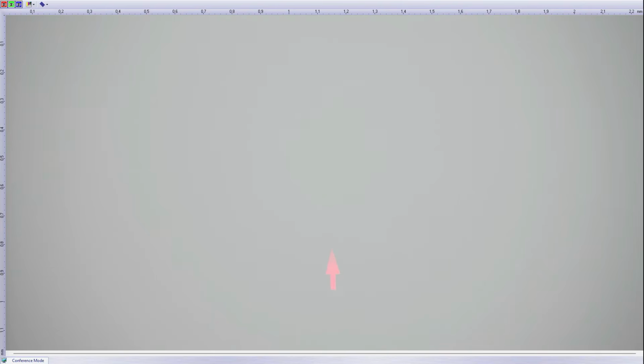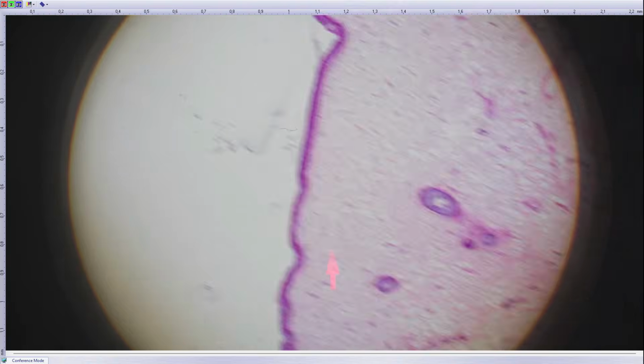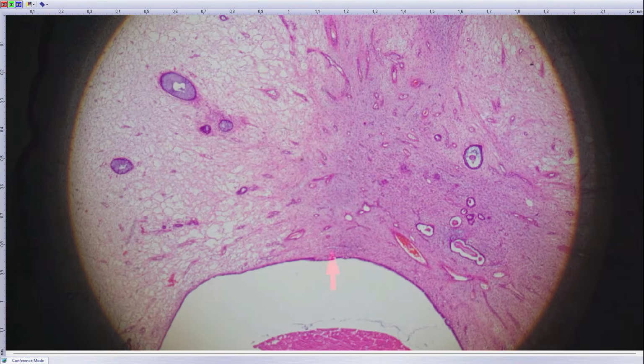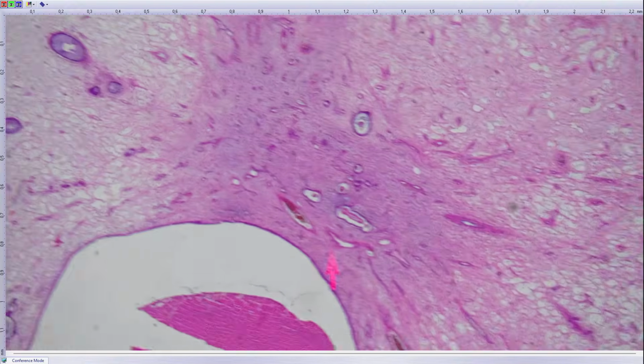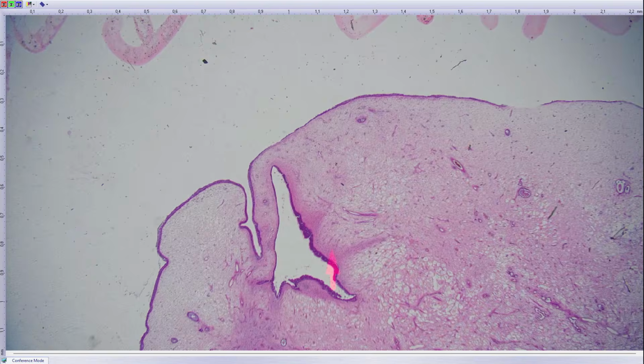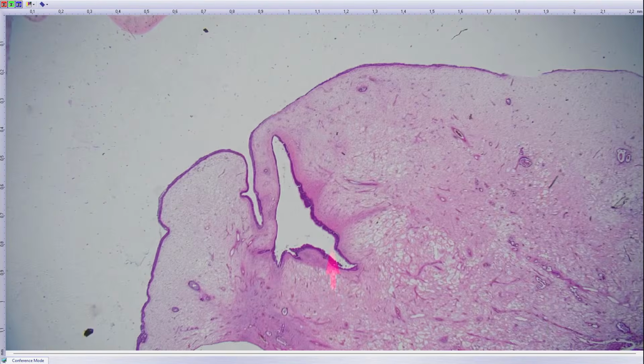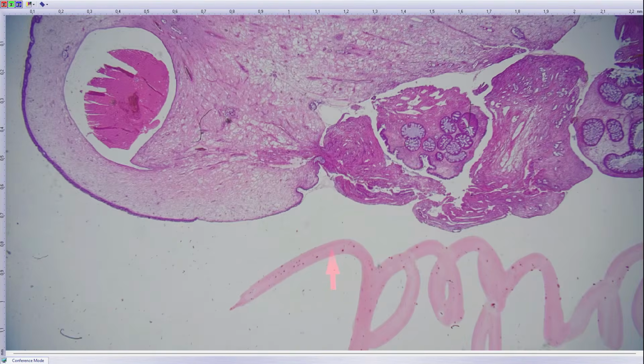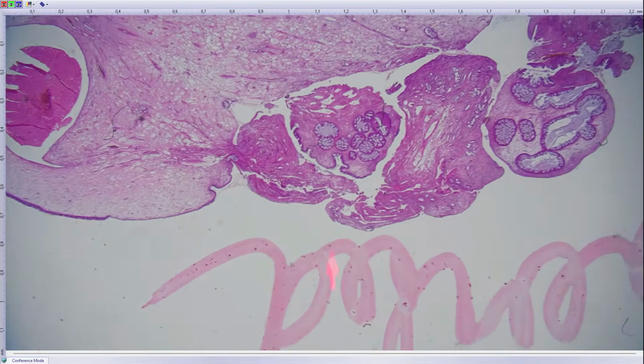Here I have a nasal papillary lesion or nasal papilloma. But in one part,